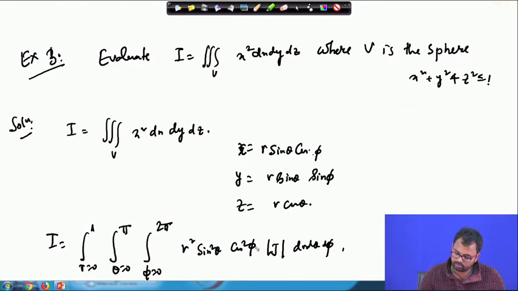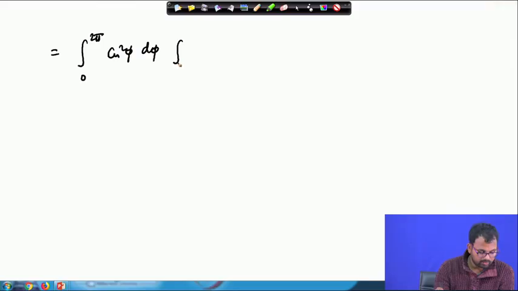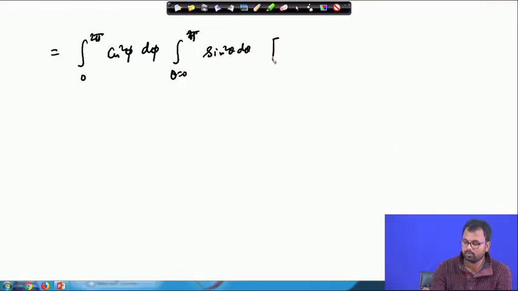So, this whole thing will reduce to basically a trigonometrical expression, and then we just integrate with respect to phi first, and then with respect to theta, and then with respect to r. So, let us try to do that. We first separate the function phi. So, cos square phi d phi, and then integral from theta running from 0 to pi, sine square theta d theta, and if we integrate with respect to r first,